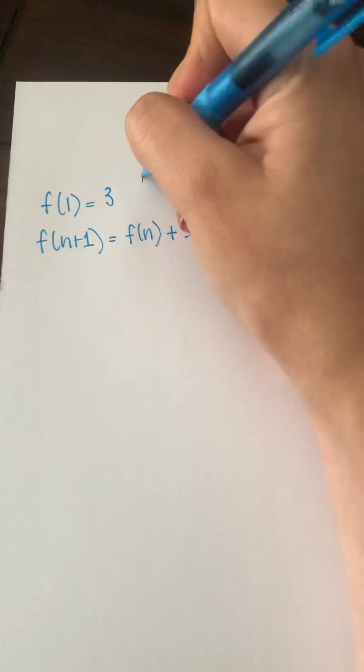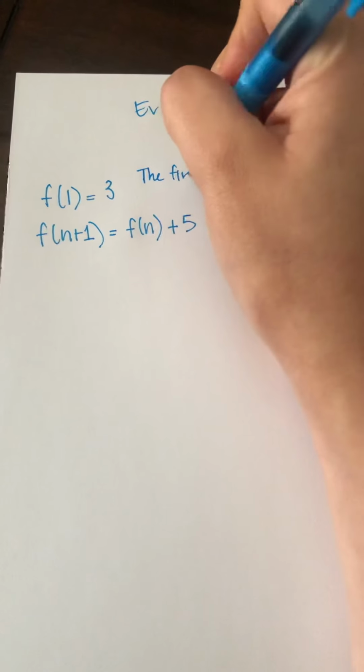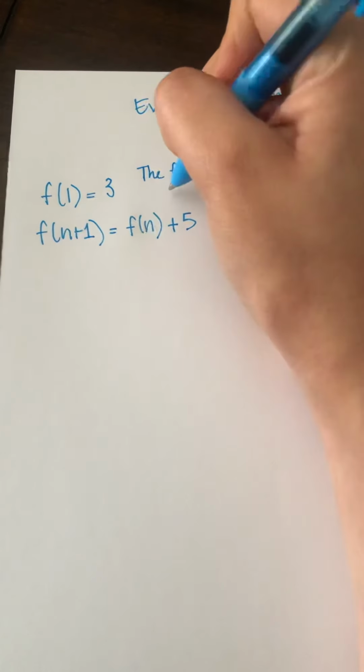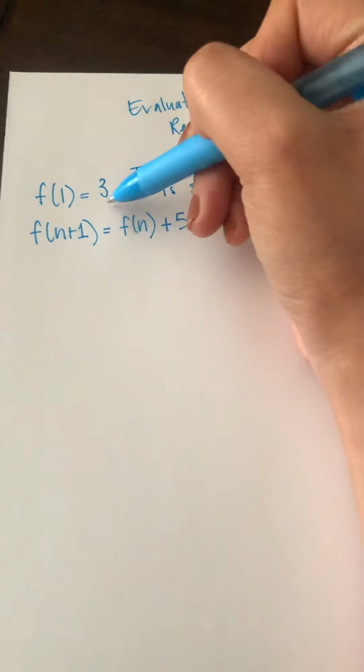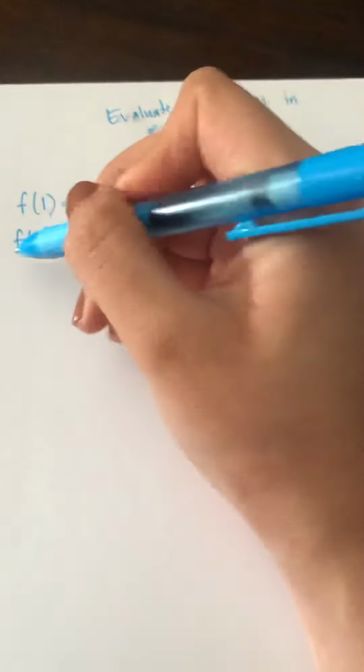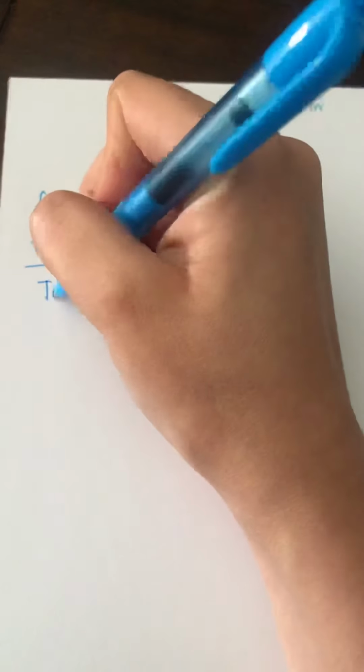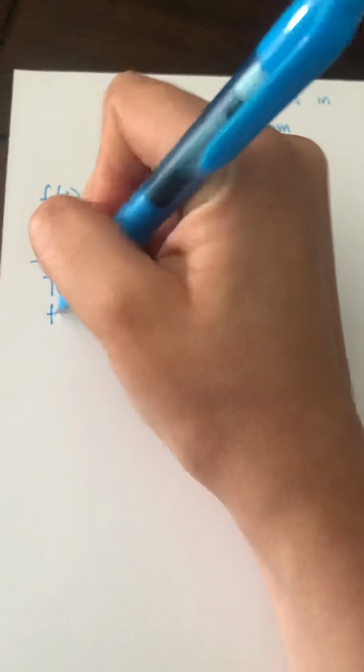this means the first term is 3. That's what it's telling me. The first term, that's why it has a 1 here, is 3. And then this part right here is telling me to find the next term,